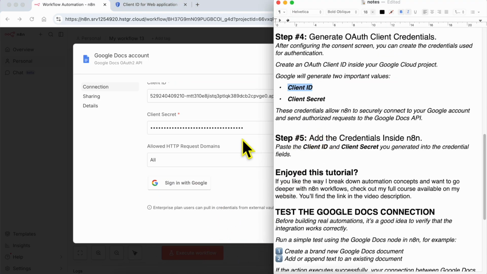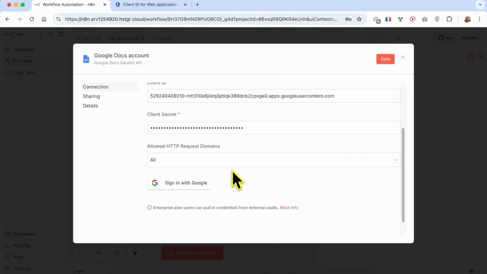By the way, I've generated the client ID and client secret and added them inside n8n. So now we are in step number 5. Pass the client ID and client secret you've generated into the credentials fields. Now what you need to do is click on sign in with Google to connect your Google Docs and Drive account with n8n. But before this, I know that we will face an error, which is